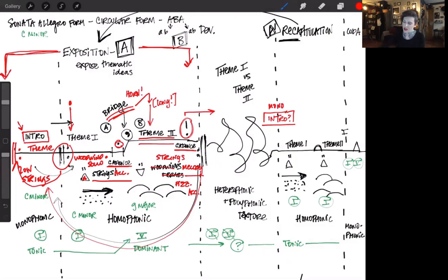In this case, our development section is now also going to include introduction versus theme 1 versus theme 2. Theme 2 as an idea is going to be a little less represented because it was really rather long in the exposition. And also will continue to be rather long when we eventually hear it again in our recapitulation. In the meantime, we're going to hear lots of heterophonic texture, which we're already hearing. This is of theme 1 material. I'm sorry. This is of introductory material.